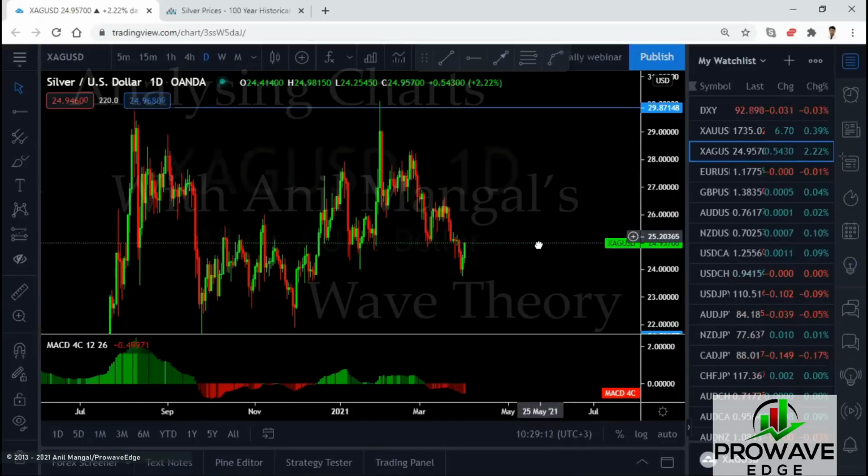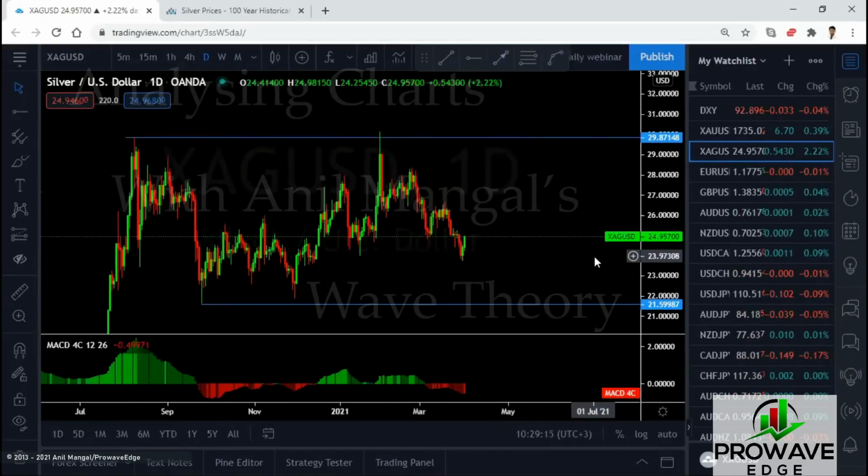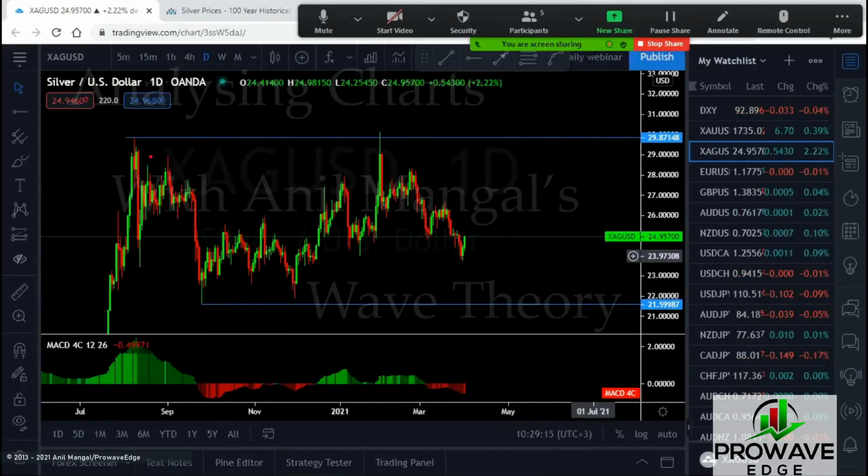So what we're looking for is, I don't think this is finished, because what we're expecting is that it might look similar to this in terms of length. It doesn't have to. It might look like that. So this might not be the start of the upside. But the good thing is we are already in the buy. Even if it is not the start, we are already in the buy.